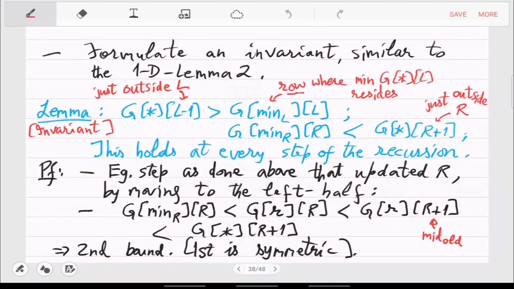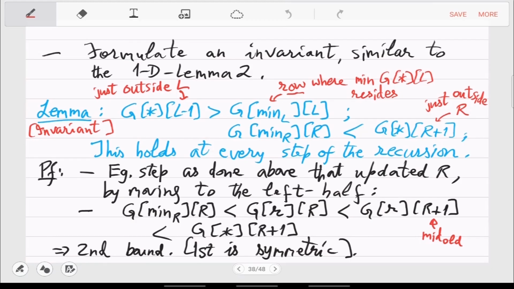So essentially, if you look at this lemma here, this star means that if you go left of L, that border, and the second star, G star R plus 1, means if you go right side of R, that full border. So this lemma is only talking about the vertical borders, and the symmetric version for rows will only talk about the row borders.